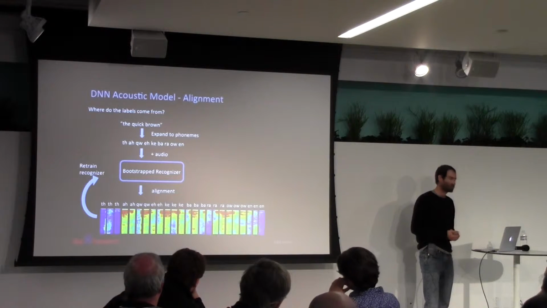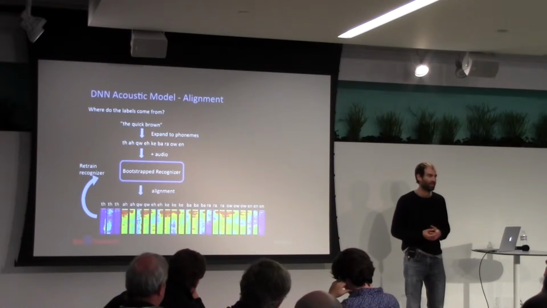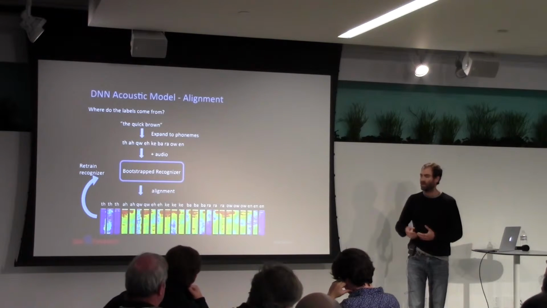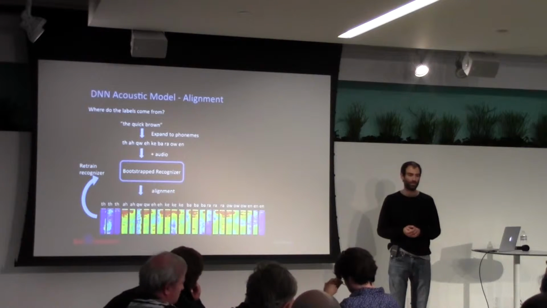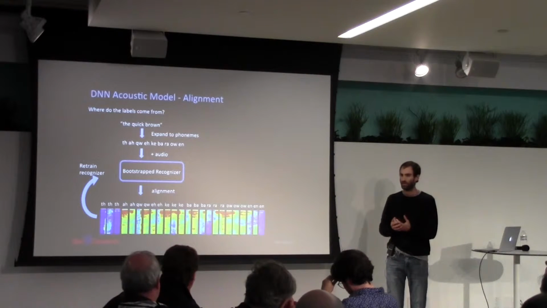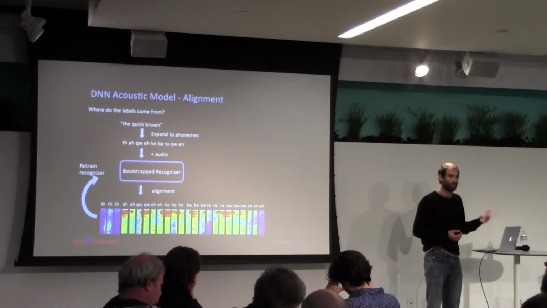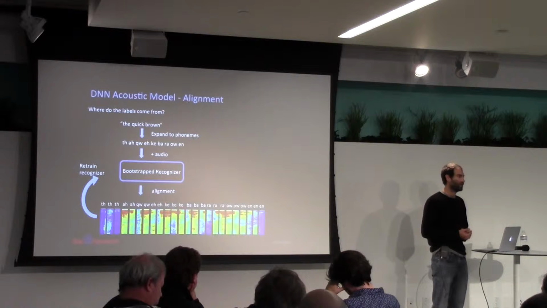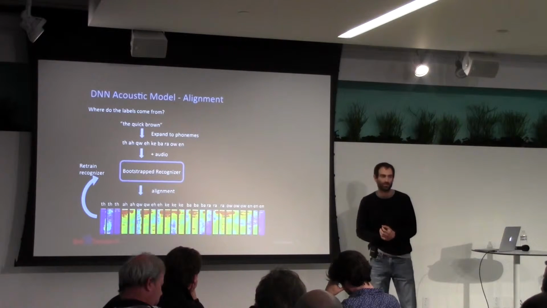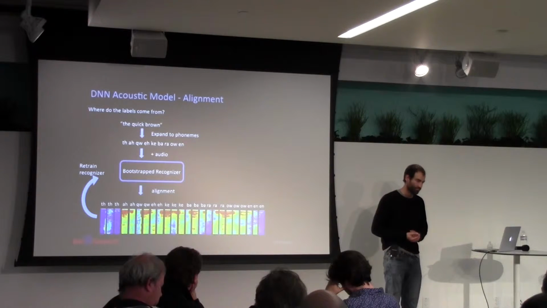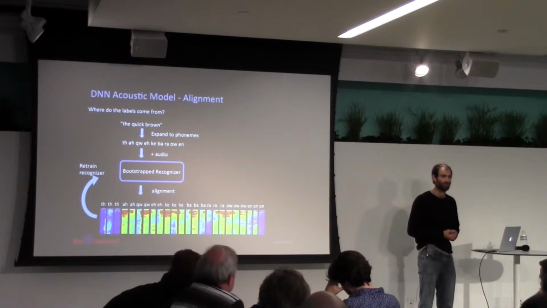So I train my acoustic model, I retrain my speech recognizer, and then I take that newly trained recognizer and repeat the process again. I align my data, and then I train another recognizer, and then I align the data again, and then I train another recognizer. I just go around this cycle over and over again. And believe it or not, the alignment actually continues to improve, and so our speech recognizer continues to get better. So that's where the data comes from to train a current deep learning acoustic model.